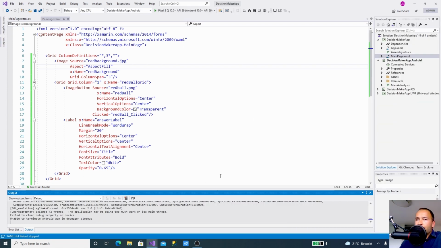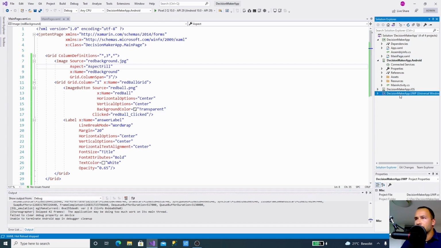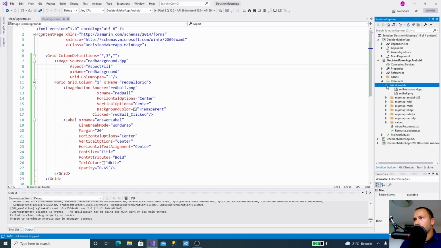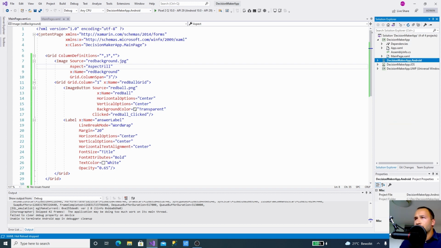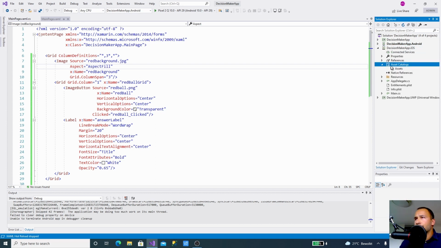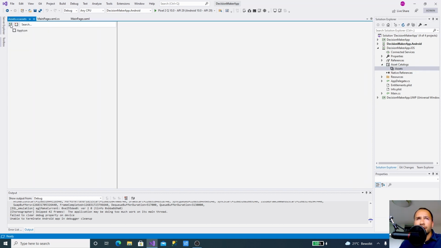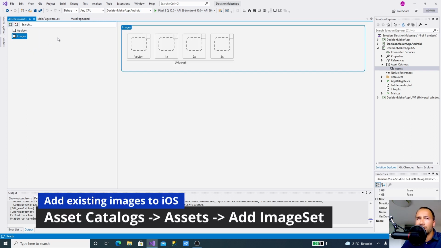So now let's do the same for iOS. So in iOS, it's a little bit different. On UWP, you place the images in the project level, and in Android, you put it in the resources in the drawable level, and in iOS, we will need to use the asset catalog. We'll open the asset catalog, and then we'll open the assets, and inside here we can plus an image set here. Let's say we're going to add an image set,